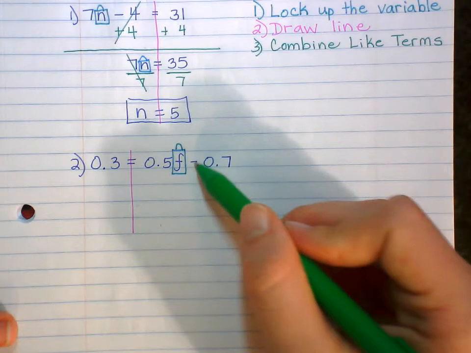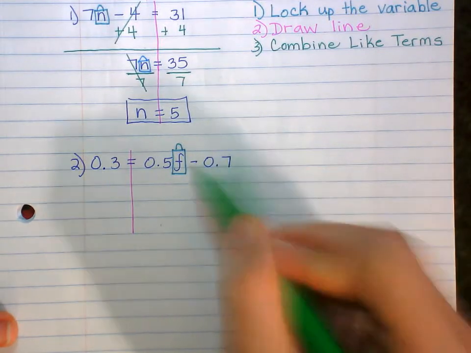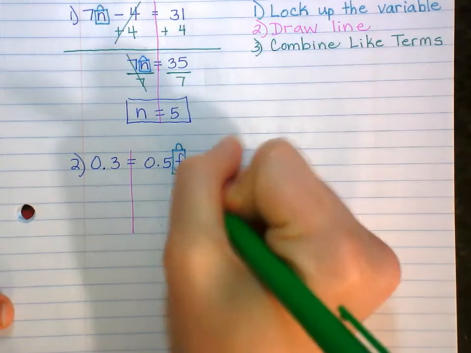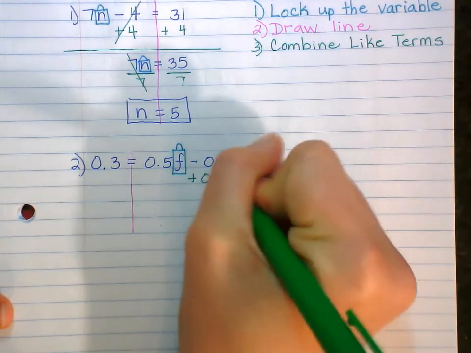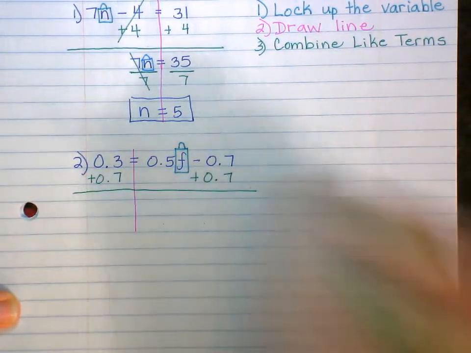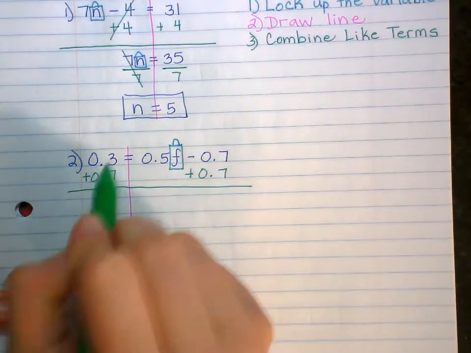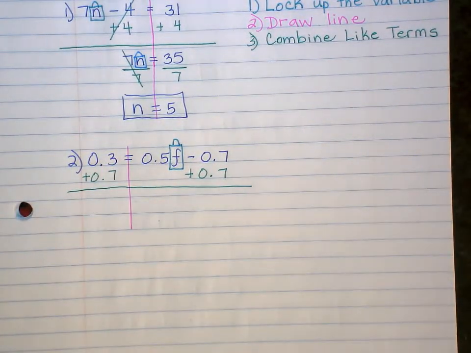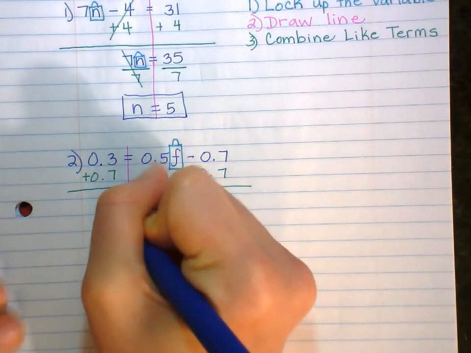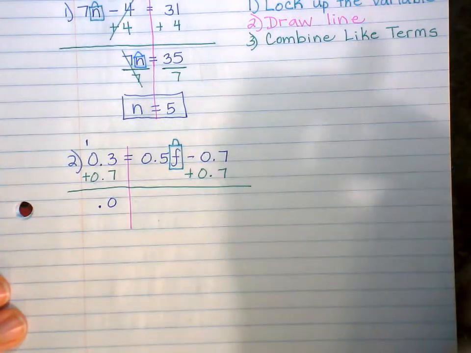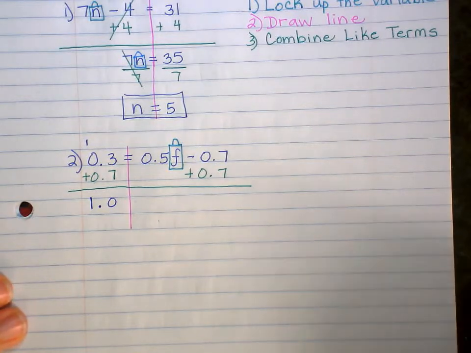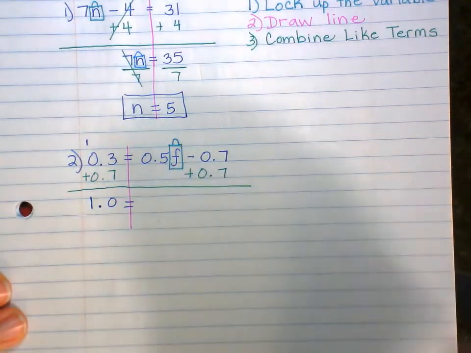So how are we going to move this minus 0.7 to the left side? Well, you do the opposite. It's minusing, so we're going to plus 0.7 to both sides. Okay, so 0.3 plus 0.7, bring down the decimal, 7 plus 3 is 10, put down the 0, carry the 1, 1 plus 0 is 1. So 1.0, which is the same as 1, equals